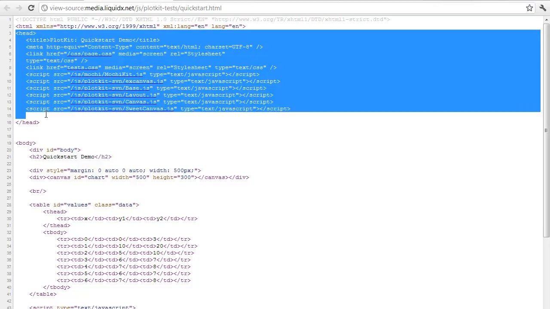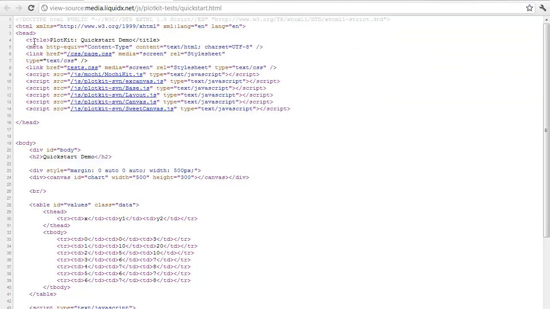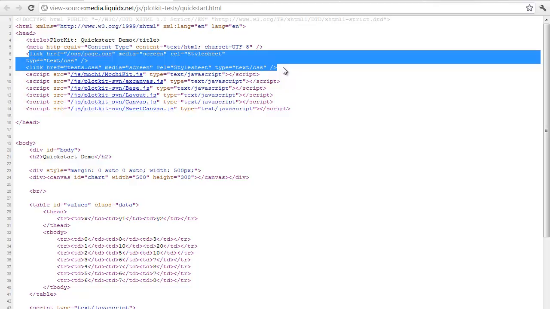The header portion, that's the most important part. The title is easy, this meta is pretty simple. This defines the CSS file. Okay, CSS file, we'll talk about that later. But here